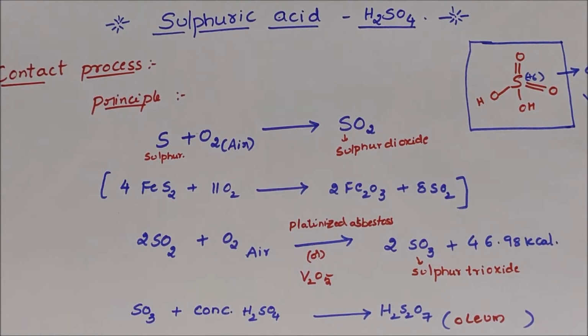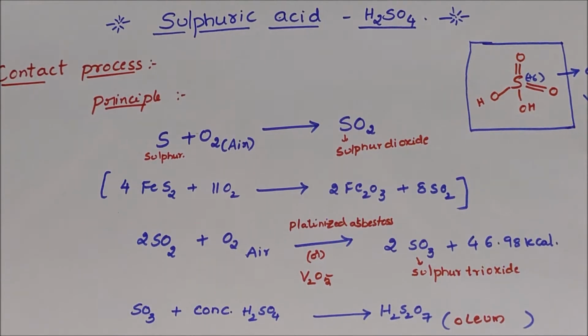Let us look at Le Chatelier's principle. Le Chatelier is a scientist. He stated that if a constraint is added to a system at equilibrium, the equilibrium shifts in such a way as to nullify the effect of the constraint. There is a certain set of conditions that we follow so that we get good quantity and good quality yield of sulfuric acid. Now, what are those conditions? How are they applied here?